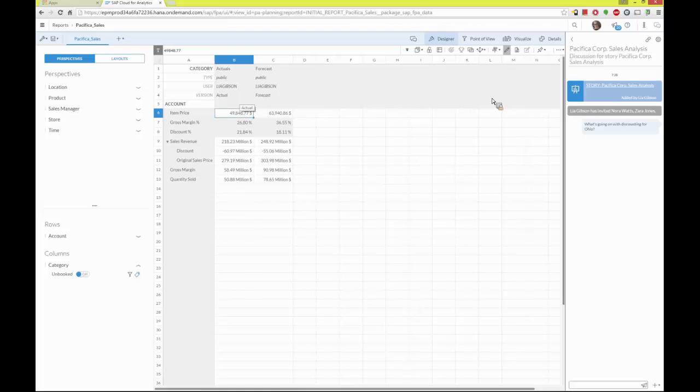So I'm going to come up here, and I'm going to create a copy of this forecast, because I want to do some planning. I want to do some changes of these numbers to see what's actually going on. So let's go ahead and make a copy of this forecast, and I'm going to just give it a quick name. And so now it's going to create a new column, and it's going to show me what version this is.